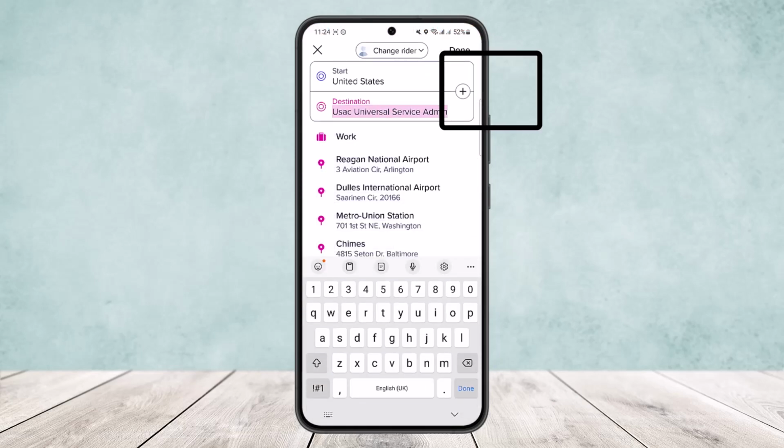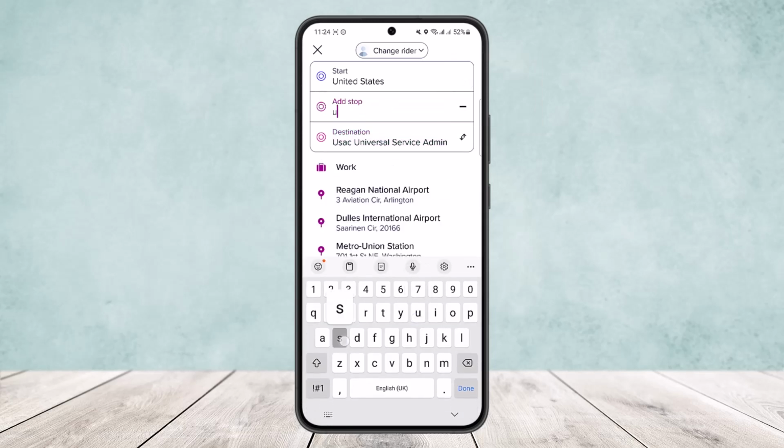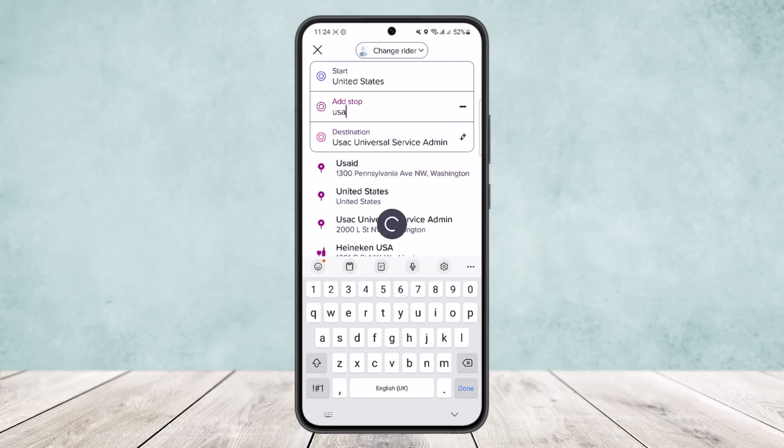You can see it at the right hand side of the screen, in between the start and destination. Simply tap on the plus icon there and you'll be able to add a stop there. I can add a stop here. Now,